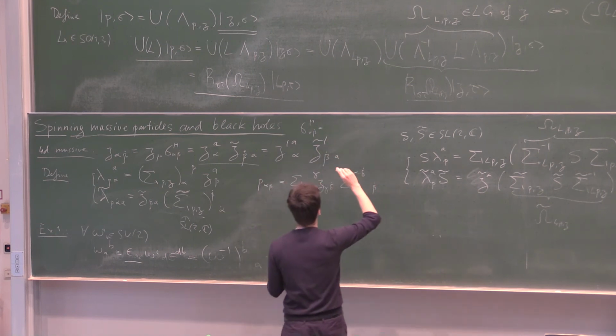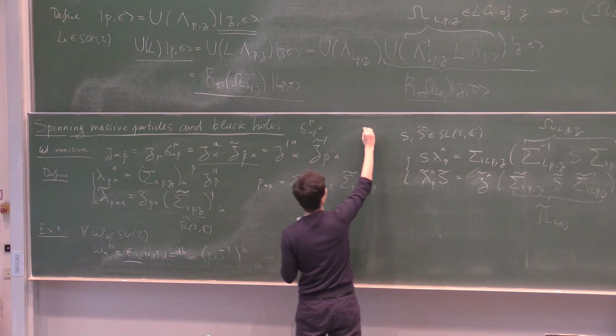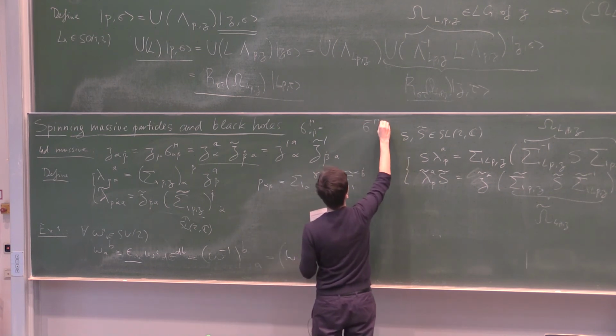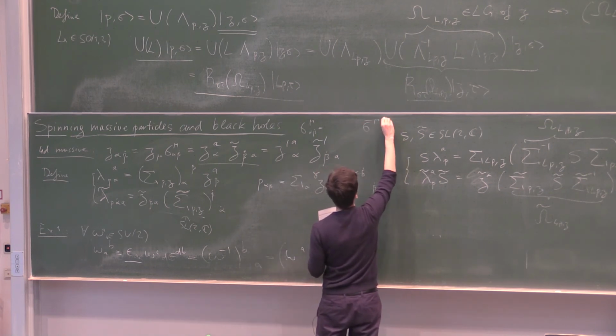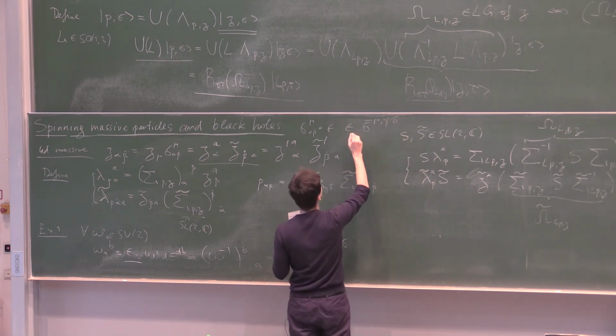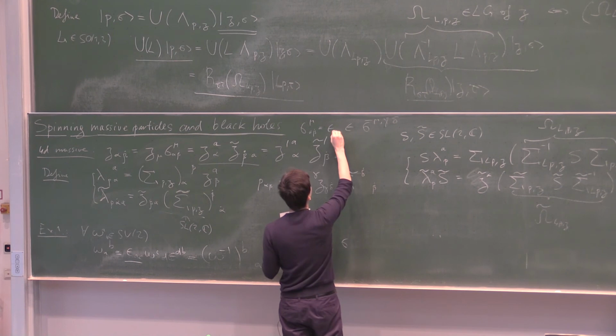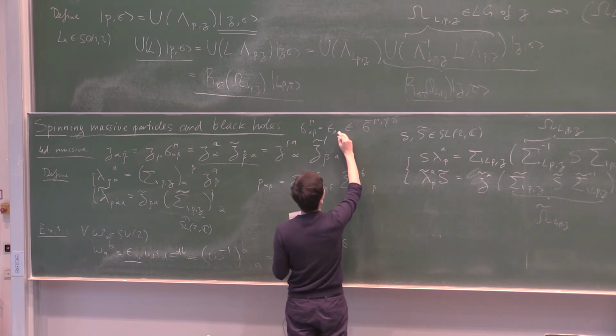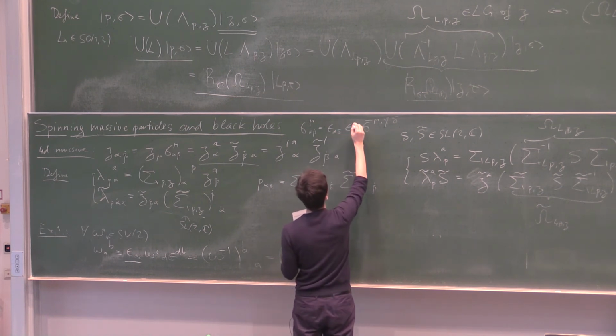So I introduced sigma mu's and sigma bars. But they're actually related with Levi-Civita transformations. Delta